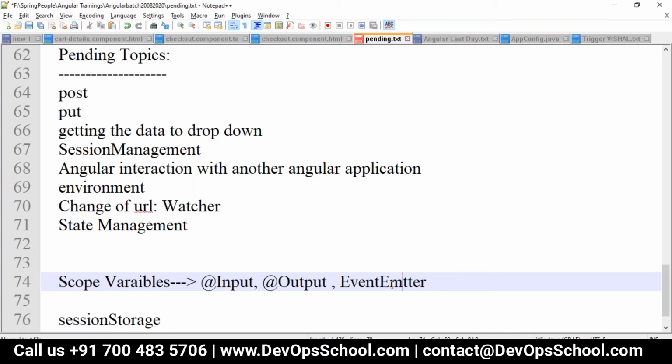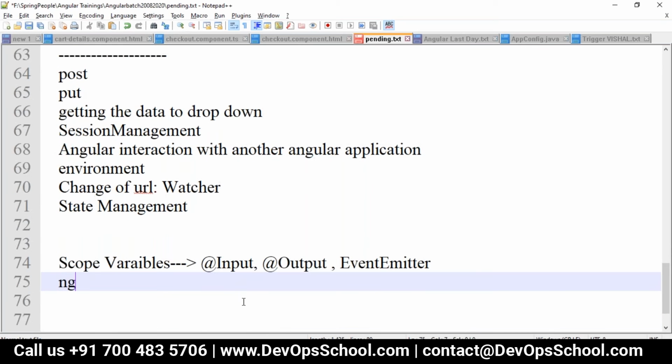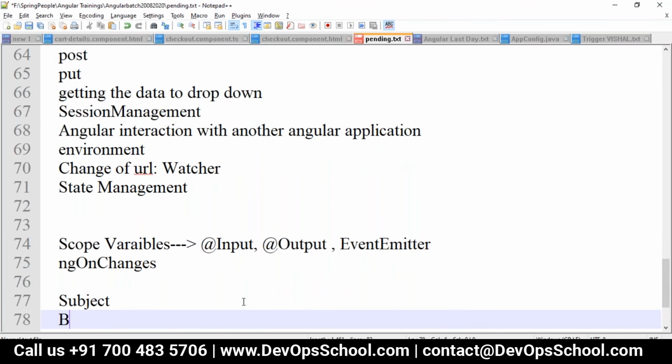So when we want to work with the input, to carry those changes or implement those changes whichever happen, we can go with one lifecycle hook, which is ng on changes. ng on changes can be used here. Or you can go with the event emitter with the observables. With the observable, if any changes happen, we have to take care of that. For that, we have two different classes, which are subject or behavior subject.